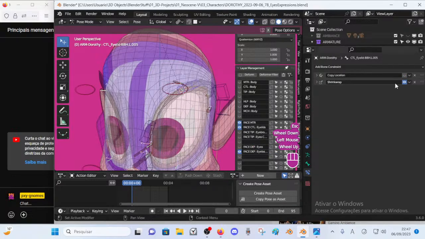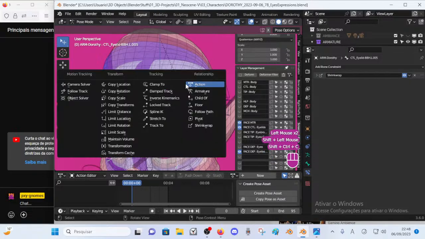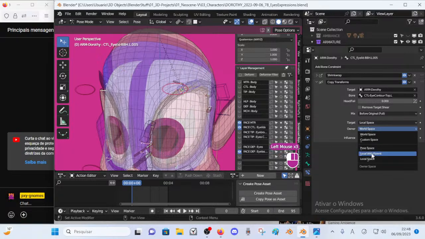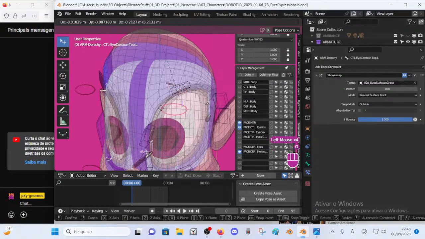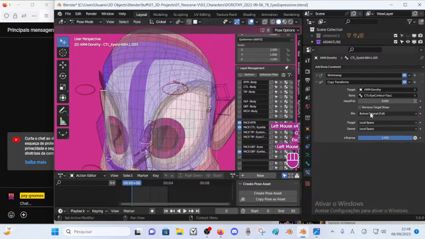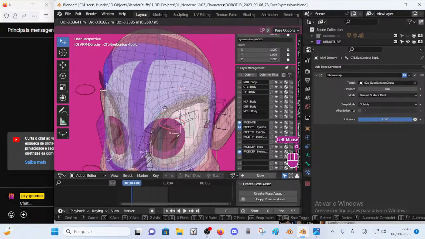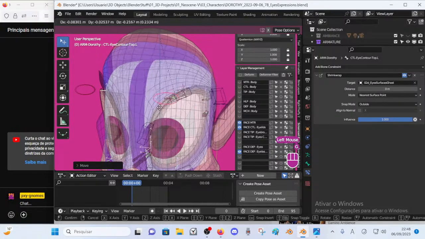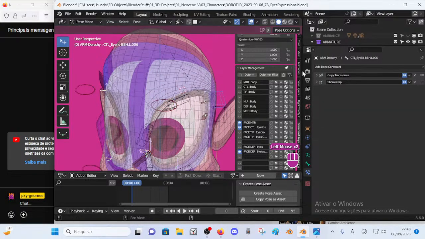Let's use the copy transforms instead. And let's see, copy transforms. Replace, no, not replace, before original, local space with parent with owner orientation. Alright, so this system works. That's great, but we don't want all that pressure.